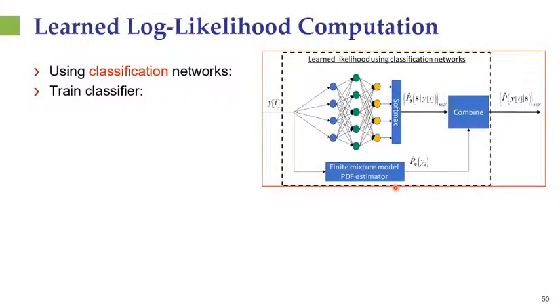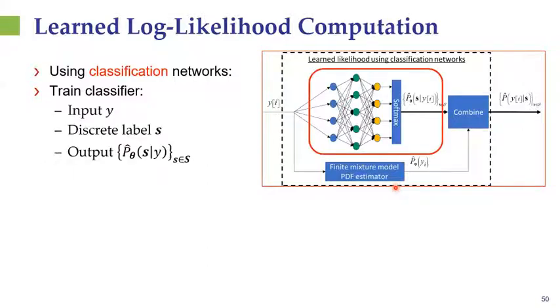Well, for the classification network, let's note that it consists of two components. The first component is this classification network whose input is the channel output, and its task is to recover the set of channel inputs, the set of symbols which could have led to this channel output. Now, since it's a classification network, it's trained to minimize the cross entropy loss. It has a softmax output layer. Then essentially what we learn here is the conditional distribution of each possible combination of channel inputs given that channel output.